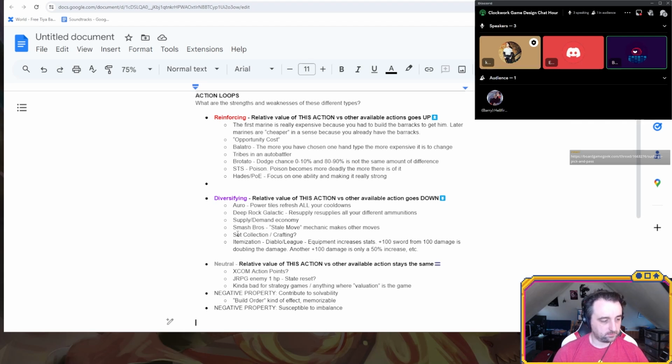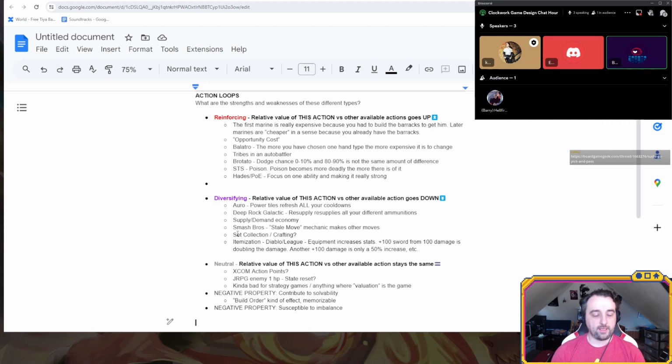So that's kind of closer to the end of diversifying loops, but it's more of a specific type of thing. And then you can have weird things like, I do A which helps B, and then B helps C, and then C helps D, and maybe D helps A, so you could have some circle loop thing going on, or maybe it's some other weird thing. I think that in complicated games like that, you do want a lot of that, and often games do give you lots of different ways in which things affect each other or are coupled.